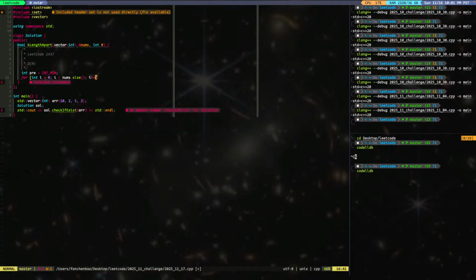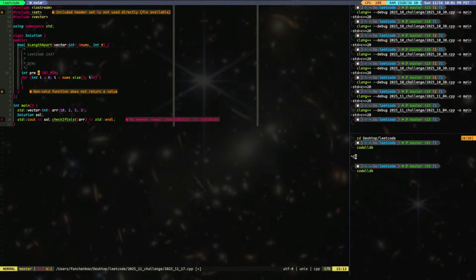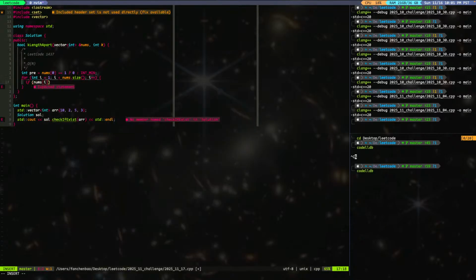Okay. Oh, I actually can do this. So pre shall equal to, say, nums 0 is equal to 1, if it is 0, otherwise it is. And then for here, I can start with 1. Right? Let's say if nums i is not equal to 1,